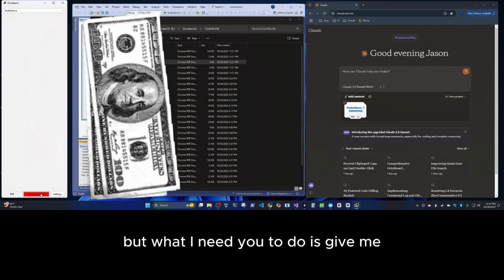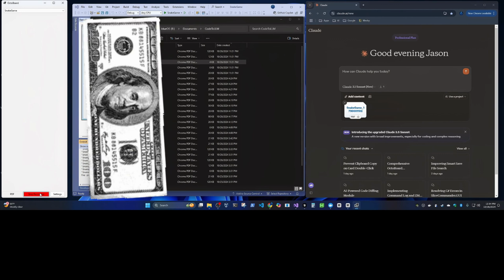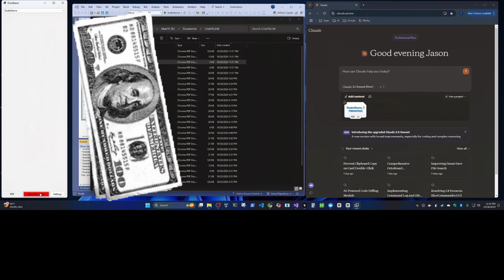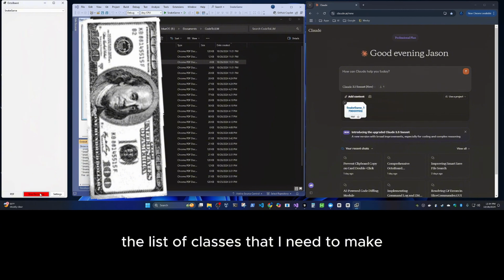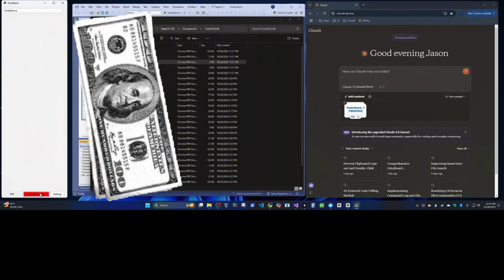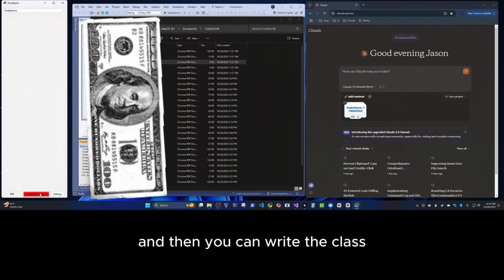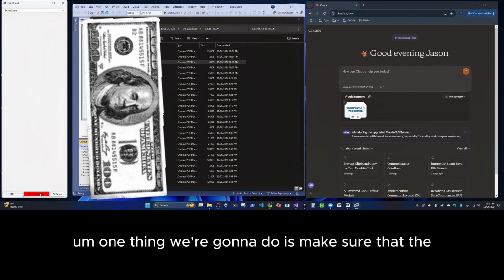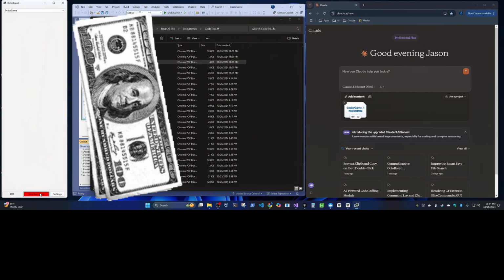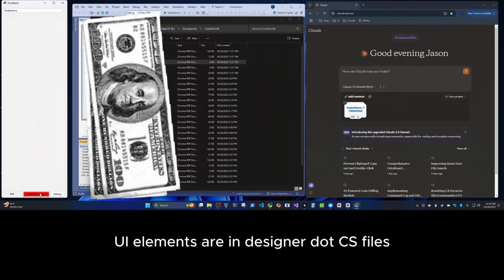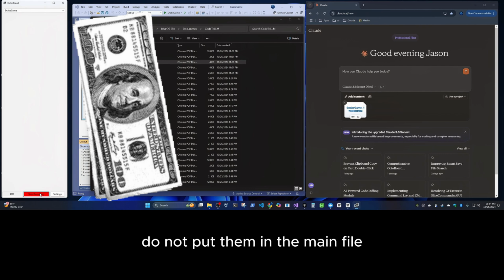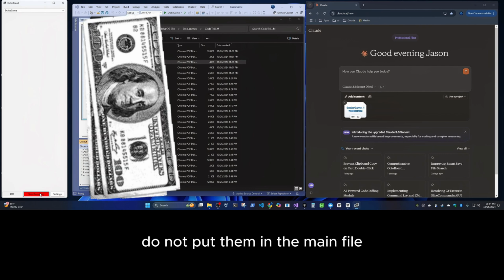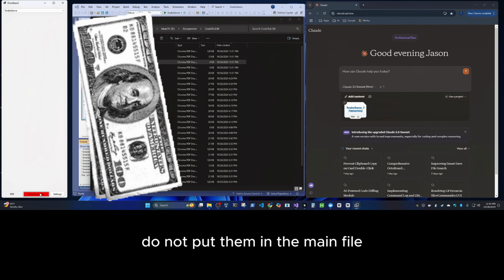But what I need you to do is give me the list of classes that I need to make. And then you can write the class. One thing we're going to do is make sure that the UI elements are in designer.cs files. Do not put them in the main file.